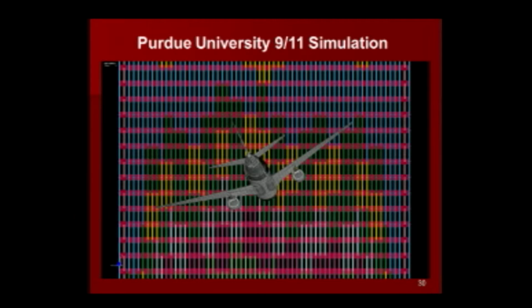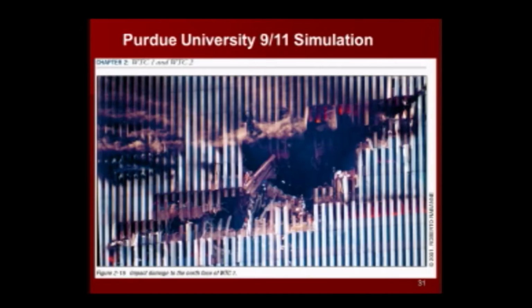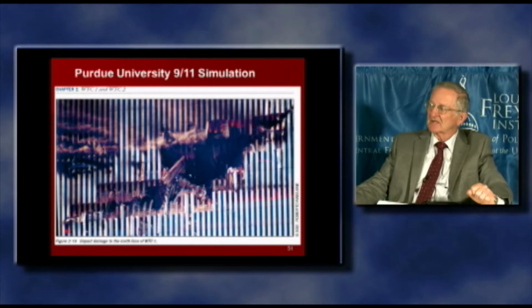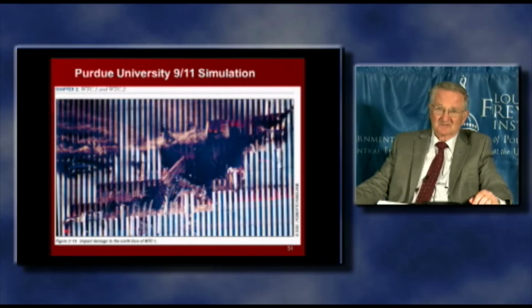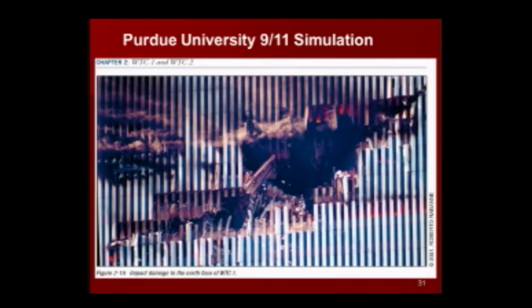And this is one of the aircraft going into the World Trade Center, and this is it after it had penetrated. And again, what he's done here is he's studied the architecture of the building such that if we build new buildings, we'll know how to minimize the damage, the fire that spread and engulfed throughout the building, and take measures ahead of time, preventive measures essentially, to be able to deal with. Hopefully we won't have the situation occur, but if it should, we'll be in a better position to deal with it.